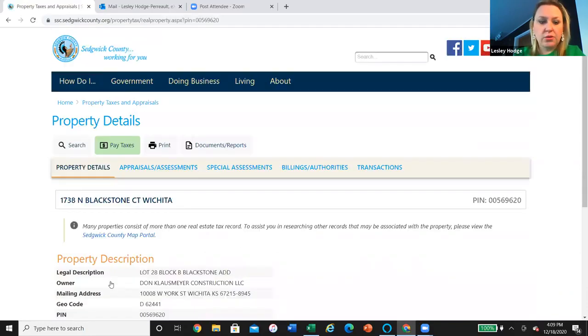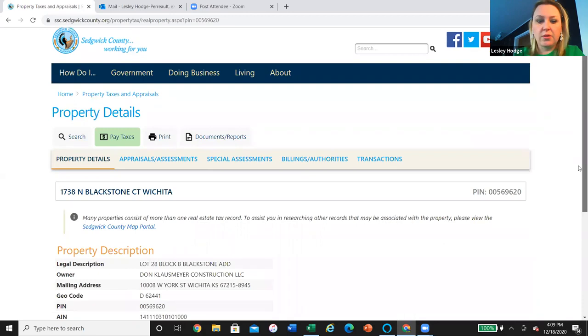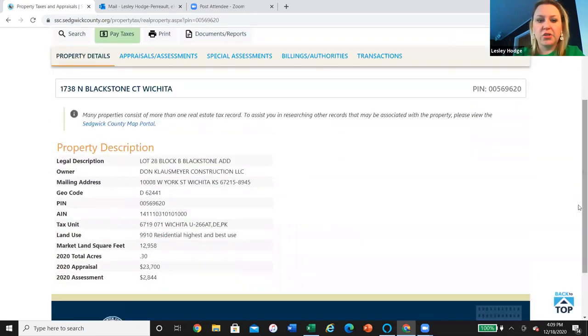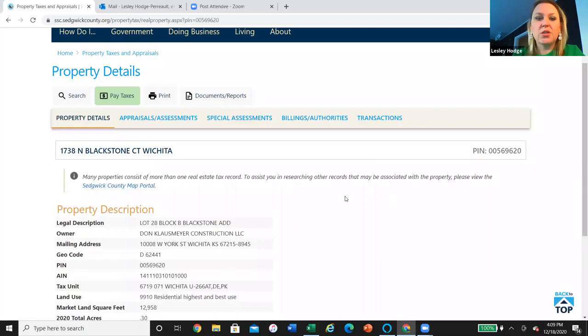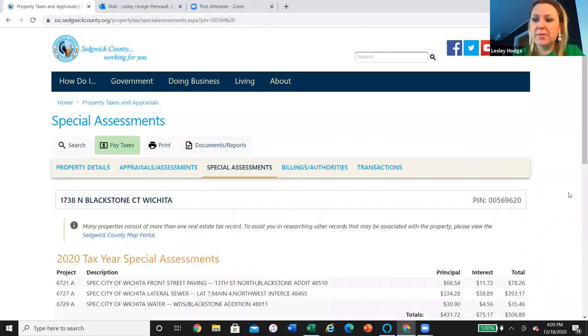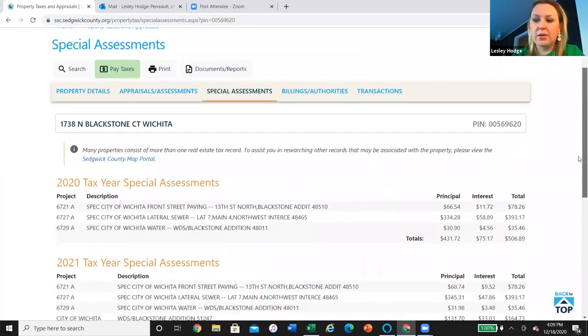It was a new construction house. So this one's way off because they're still showing that it's the lot. They're not even showing that the house was built yet because they just finished it. But what I want to show you on this one is, if I click special assessments, it's going to tell you. So, for 2020, the total special assessments are